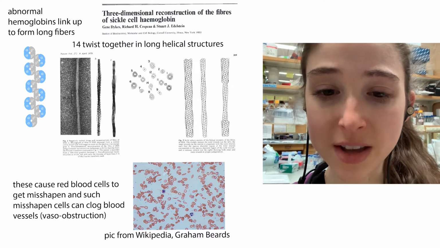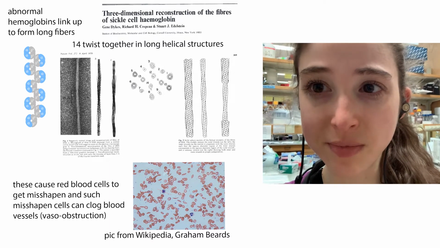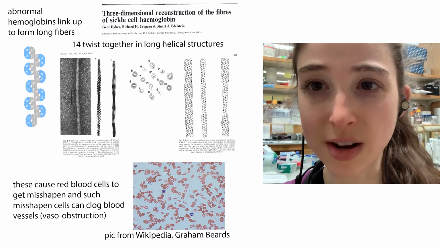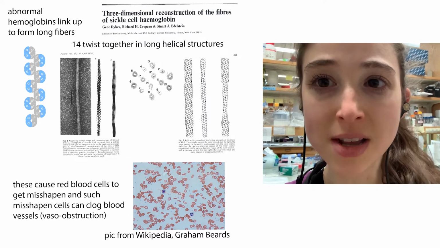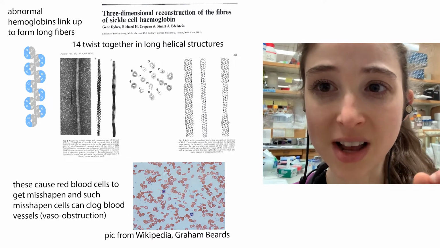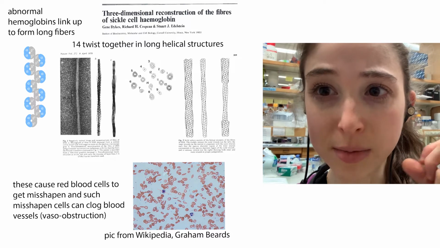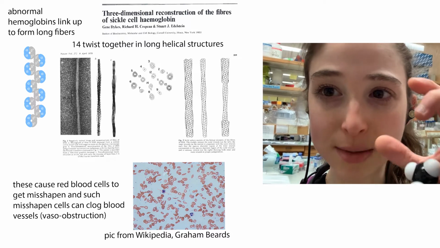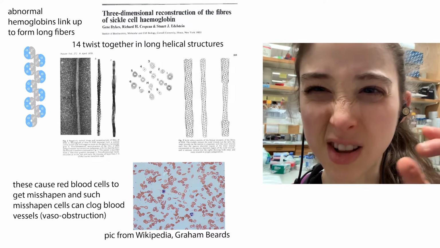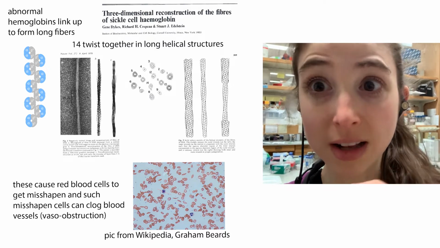You can imagine that once it's given up oxygen, if it then links up, you're going to be totally stressing out these cells if you're polymerizing, polymerizing. And then when it's polymerized, it can make these cells funny shaped, like sickled, and that can cause blood vessels